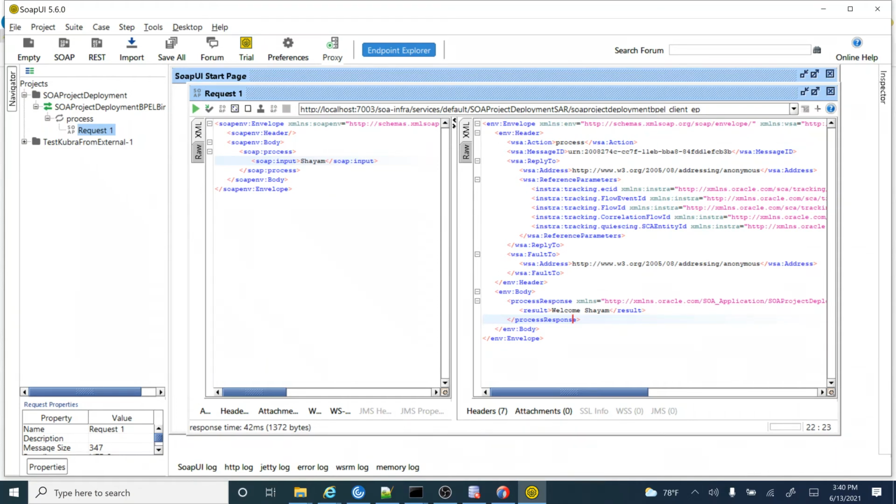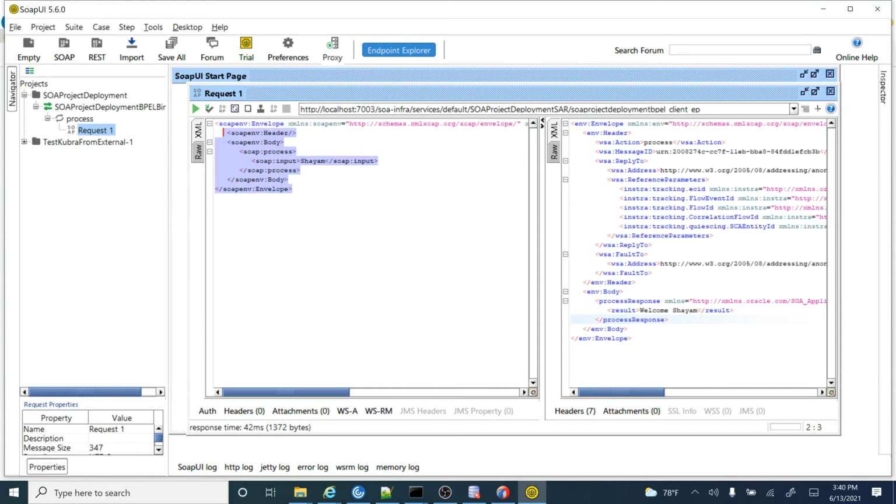Maybe due to some reason, if I'm not giving the right data in the input payload, or the input payload is not correct, you will not get the expected result. To debug the service we are testing, and if this service is failing, this is the best way to test it.